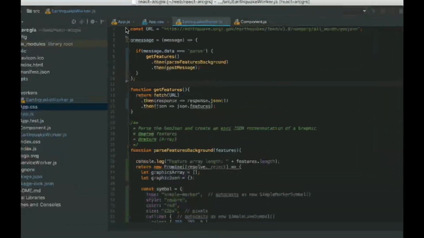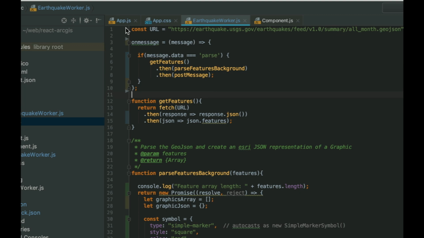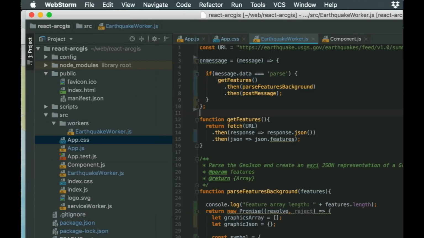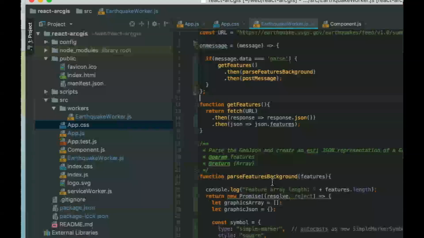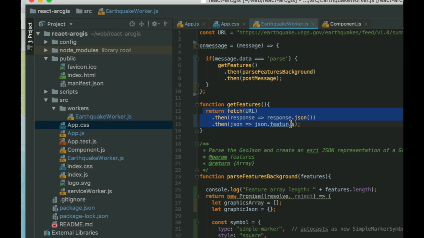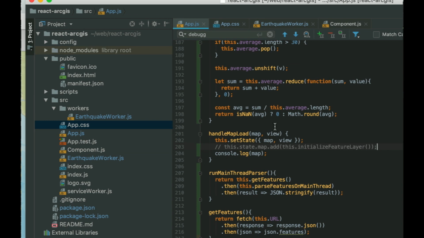This is a React app where it's what I could come up with on short notice. If you had to grab some data out of a custom database somewhere, we have a lot of customers that have requirements to use their own data. In this case, I'm just using a GeoJSON file to simulate that. But what this does is it's going out on a background thread. It's fetching this data and doing this processing on the background thread,